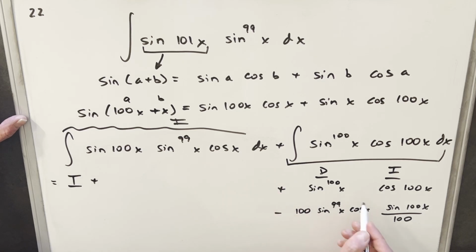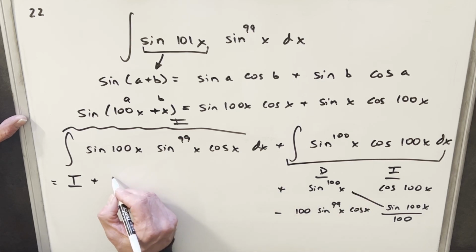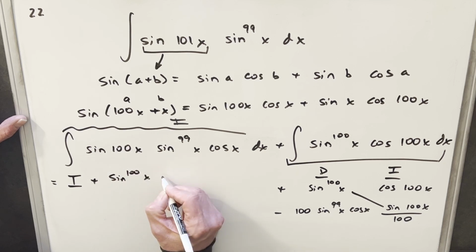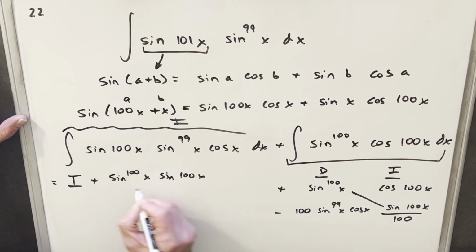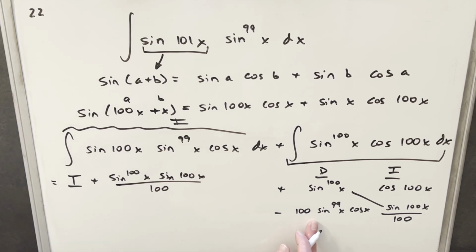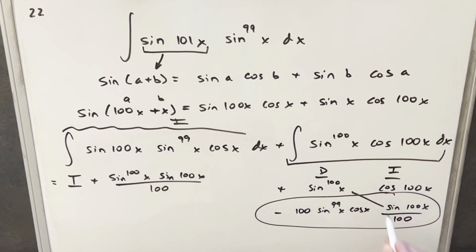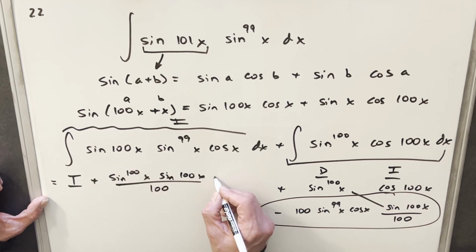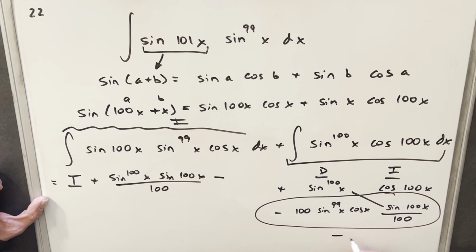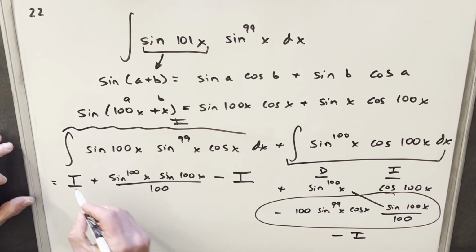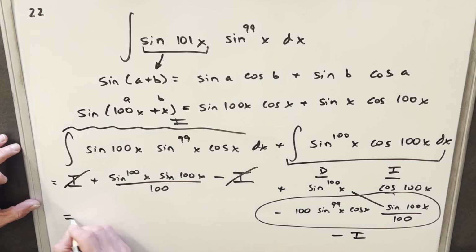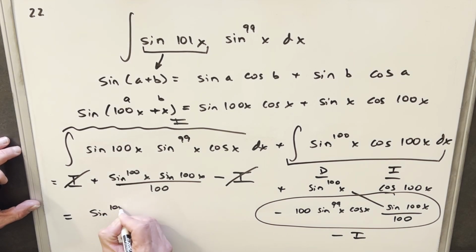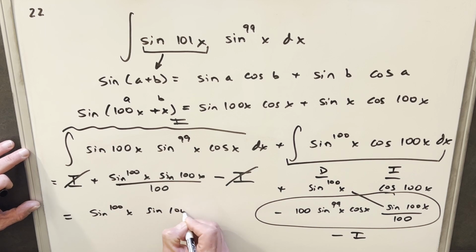Coming back here, our diagonal is going to be part of the solution, so we're going to have sine to the 100th x sine 100x over 100. And then this piece here is an integral. Notice when we set this up, the 100 and 100 are going to cancel. And we're going to have sine 99x cos x sine 100x, but that's exactly the same as what we have here. So when this all cancels out, this is actually going to be a minus I, and that's perfect because this is going to cancel with this, and we're just left with our solution. So we're going to have sine to the 100th x sine 100x,